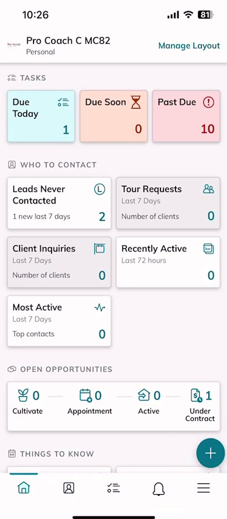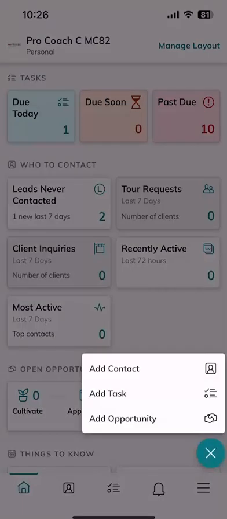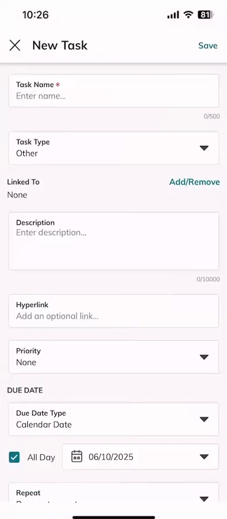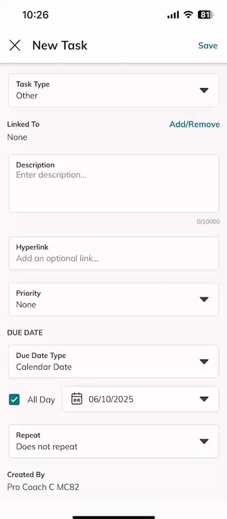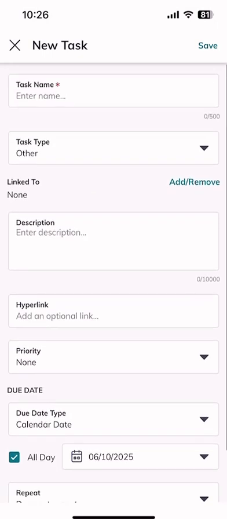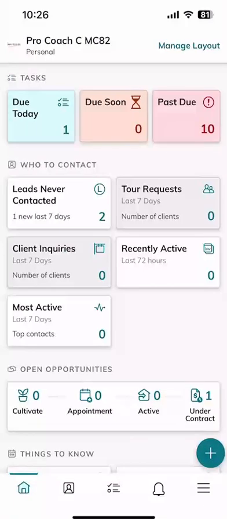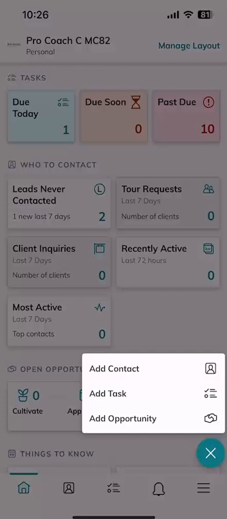I'm going to click on that plus sign one more time, and we can see that we can add a task from the command app. So that's pretty straightforward as well. What's the task name? What's the type and description? Is there any hyperlink? What's the priority? Hey, is there a due date? And does it repeat? So you could see if you just wanted to remind yourself to do something after thinking about it while you were in the car or whatever it may be, you could quickly add that task to your task list. And we'll click on the plus sign one more time